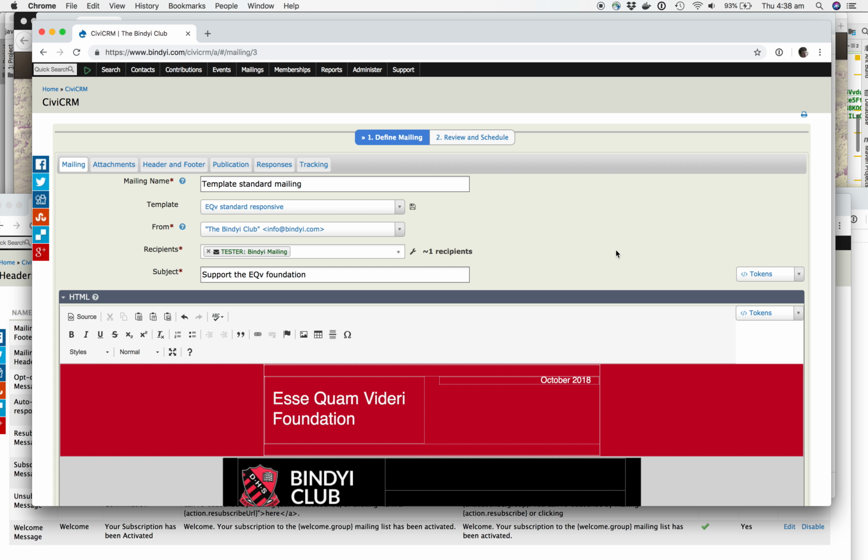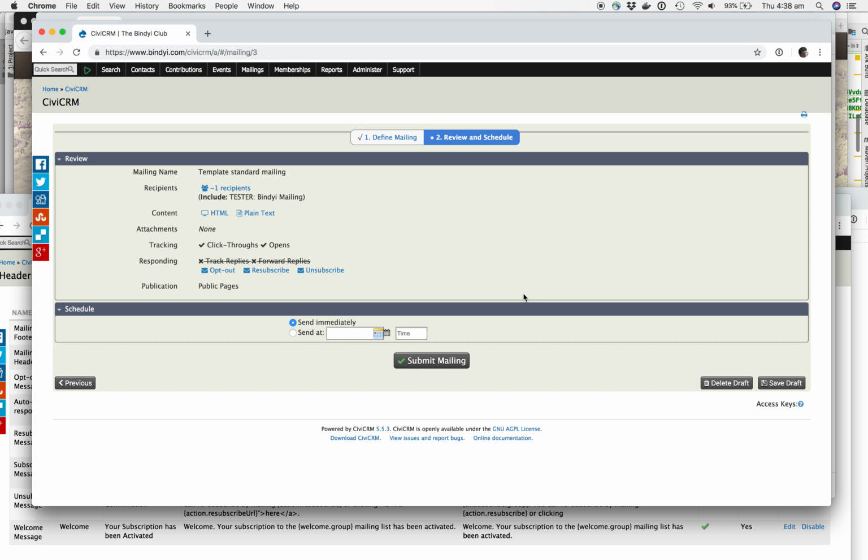Make sure all these things are okay. Click on review and schedule, submit. You can actually send the thing. So overview of the sending. I usually choose not to track replies unless I've got a good reason. It adds a spam count to things if you do. So that's our email system. Okay. I'll probably need to